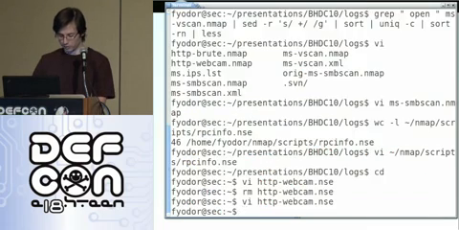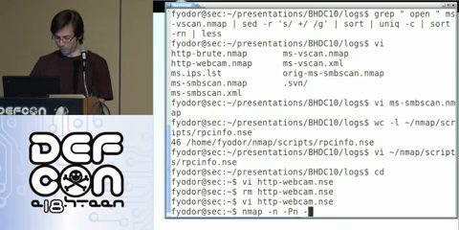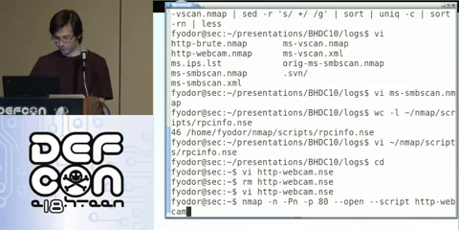So let's run it. I'm going to add a couple of flags on here to make this a little faster, so pay attention if you have trouble with the speed of your Nmap scans. Turn off reverse name resolution, turn off ping scanning. We only want port 80. Only tell me about hosts with an open port. We want to run http-webcam. The address range I'm going to scan is